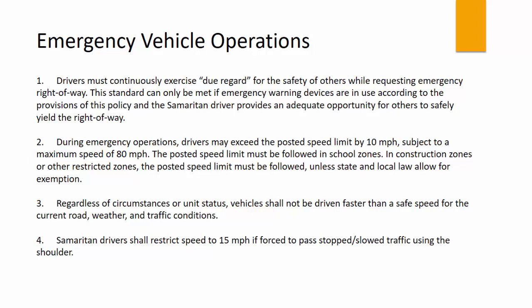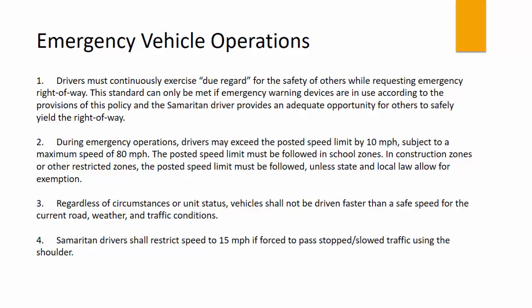During emergency operations, drivers may exceed the posted speed limit by 10 miles an hour, subject to a maximum speed of 80 miles an hour. The posted speed limit must be followed in school zones, in construction zones, or other restricted zones. The posted speed limit must be followed as well, unless state and local law allow for exemptions, which in our